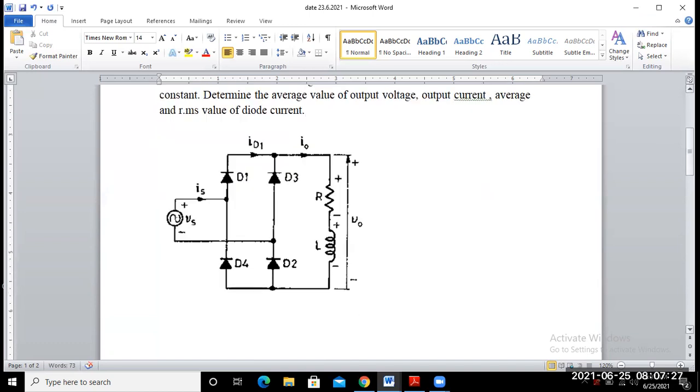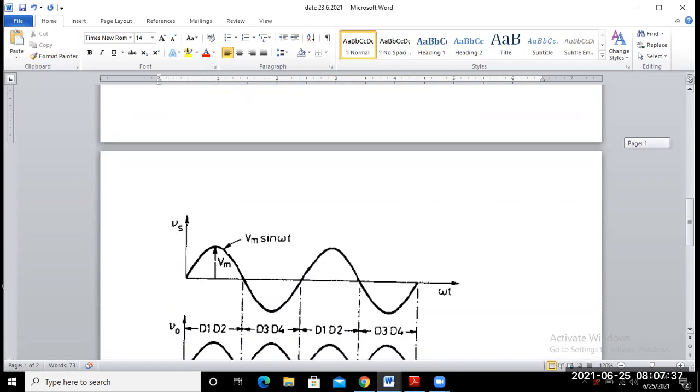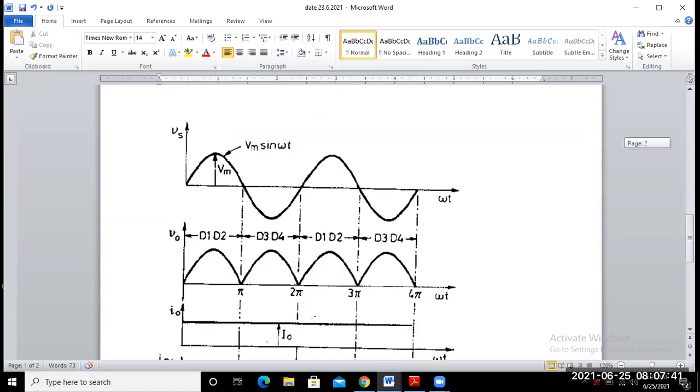So we already mentioned that for the larger value of inductance, the load current becomes constant. That means a constant, fixed value. So the waveform, just try to see here. This source voltage waveform is your sinusoidal waveform. And the output voltage waveform was already explained in the previous class, when the diodes D1 and D2